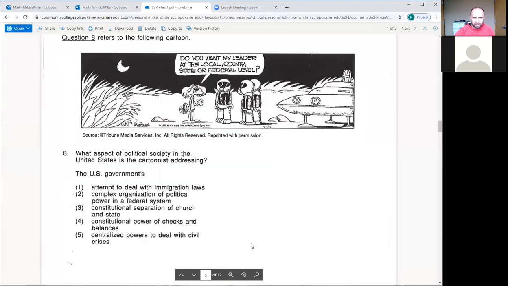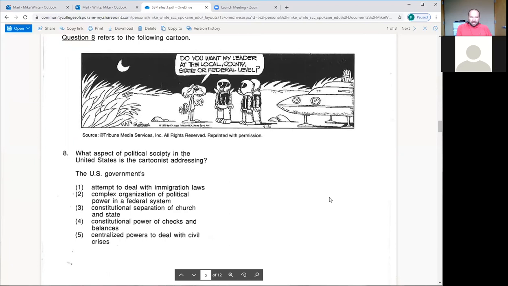All right, so let's look at this political cartoon. They love to give you at least 1 or 2 political cartoons on the real GED test. So expect to see something. Okay. So the picture here is of some kind of lion or whatever the animal is, right? And the 3 aliens are coming down to Earth.